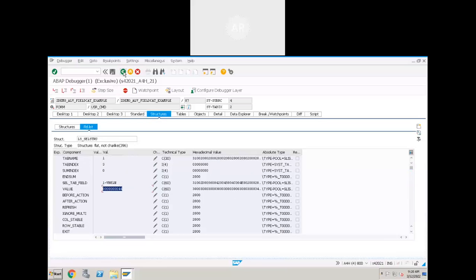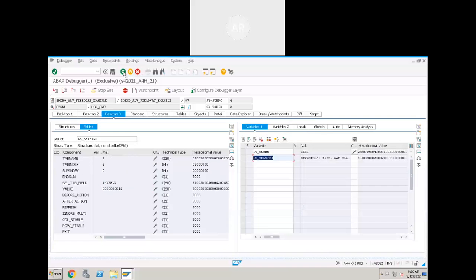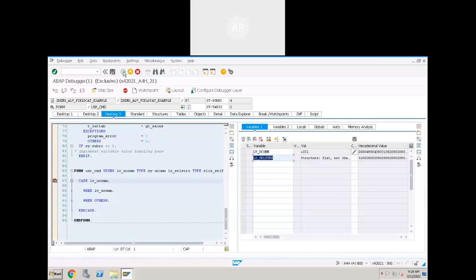Now, how can you read internal table data which is at a specified position? Let's say there is an internal table and there is a record in the specified position, for example the third position. How can you move that specified record, which is at the third position, to a work area? Using index. Yes, using index we can move that internal table record to the work area.